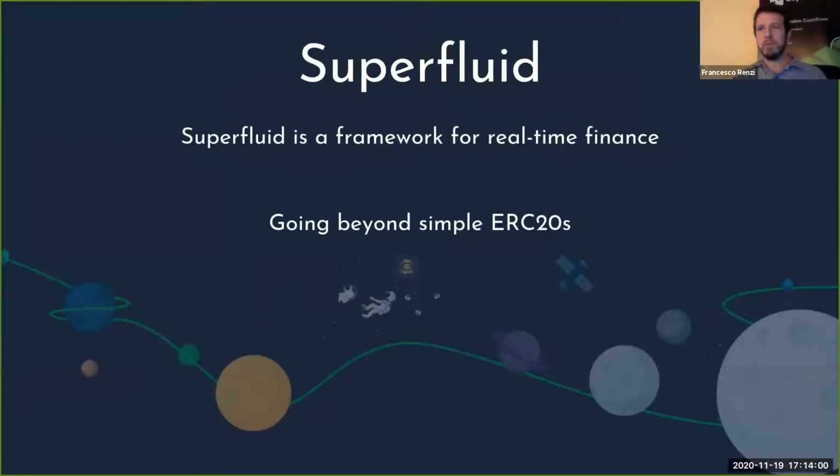So first of all, Superfluid is a framework for real-time finance. What we're trying to do is build a framework to build tokens that go beyond simple ERC20s. If you think of a normal token, all it can do is transfer. You can send it from A to B, and that's pretty much it. And we think that's quite unoriginal. It's what money has always done. You've always been able to send it. It's not better than a bank. And we think with programmable money, we really should be able to do something cooler than that,